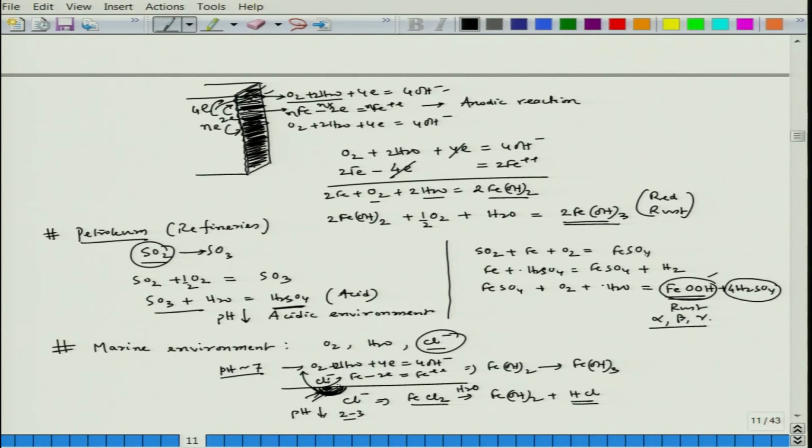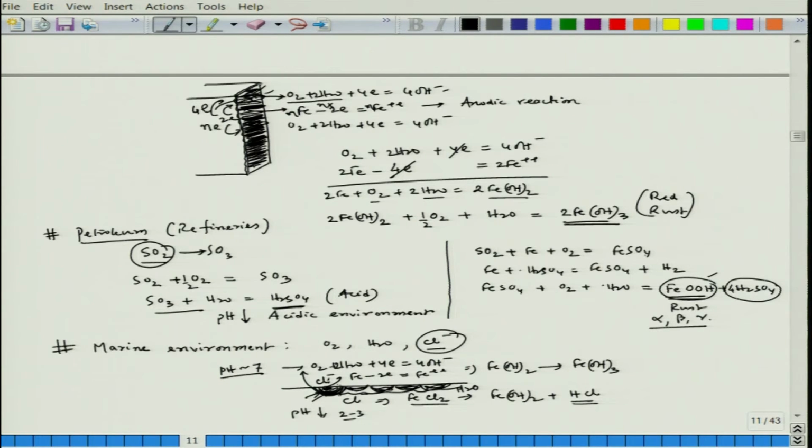So, in that way there would be a possibility of corrosion at every location like this, and if you join them together it can go to a uniform mode if the metal does not have much dissimilarity in its composition or microstructure. But this is the example of a marine environment.